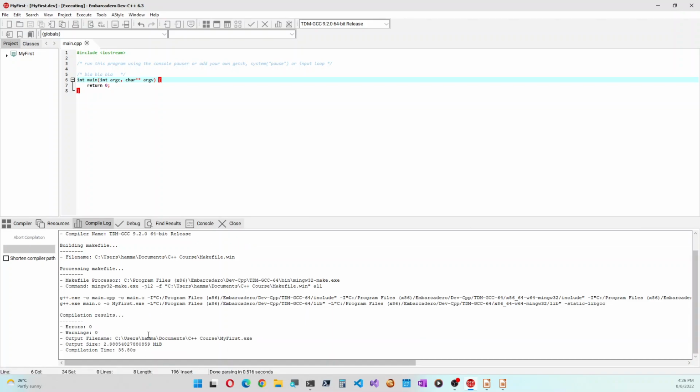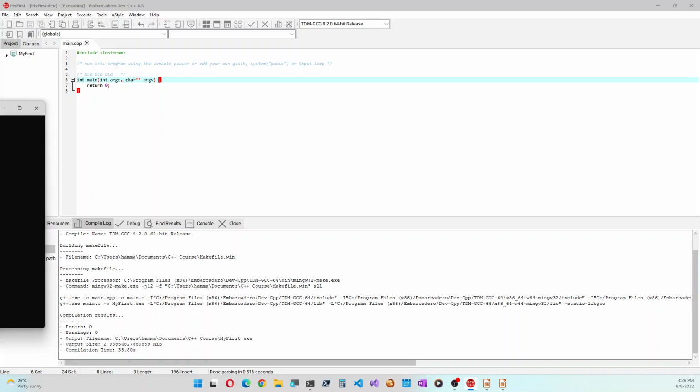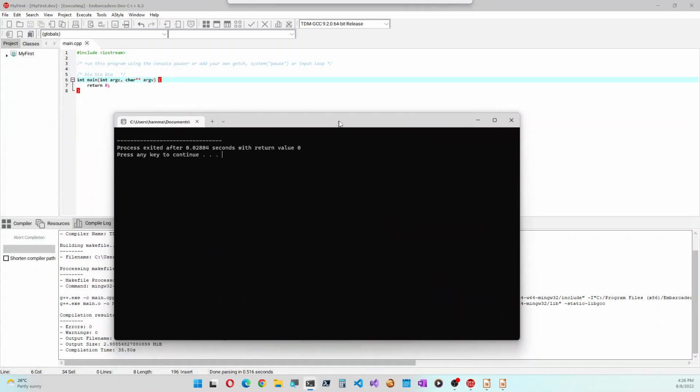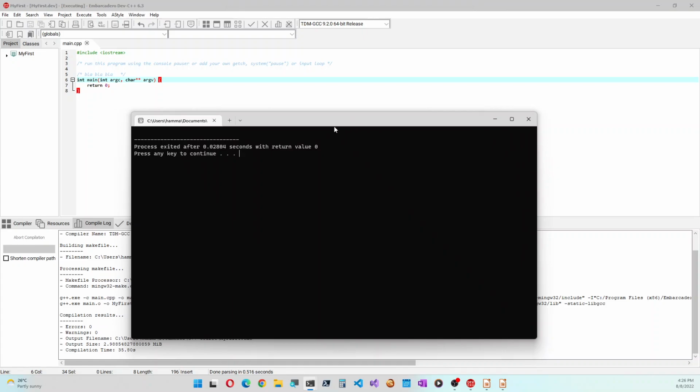There were 0 errors, 0 warnings, and the compilation time was this much. It took the output to the other window. I'll bring it back in.